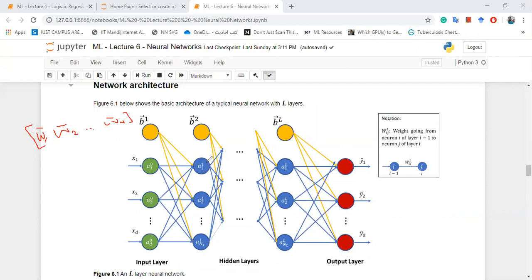Also for each neuron there will be a bias term. So this will have one bias term, another bias term, another bias term. So for n neurons in a particular layer there will be n bias terms, and therefore there will be a bias vector. Fine. So remember, earlier when we were studying logistic regression, we had only one bias term, but since here we are taking a group of neurons, a layer of neurons, for each neuron there will be one bias term, so they will form a bias vector. Fine. So keep these things in mind, and then we can move forward.